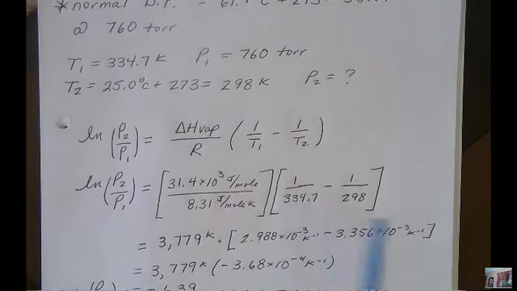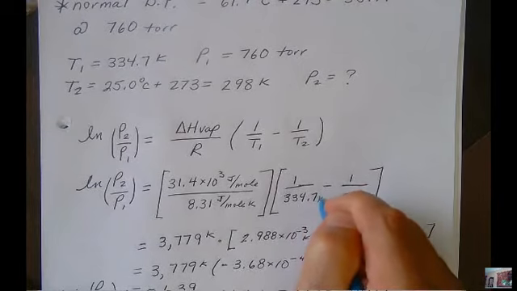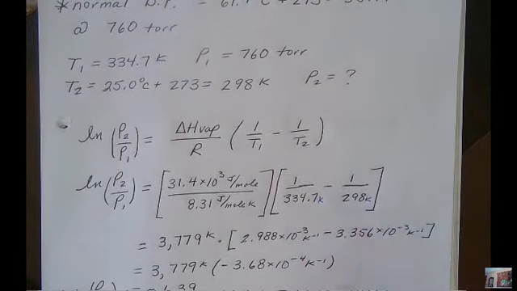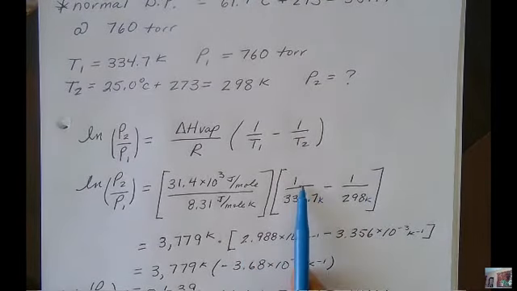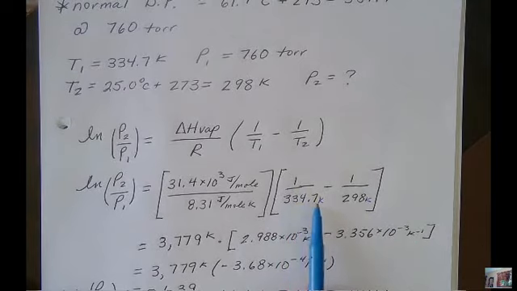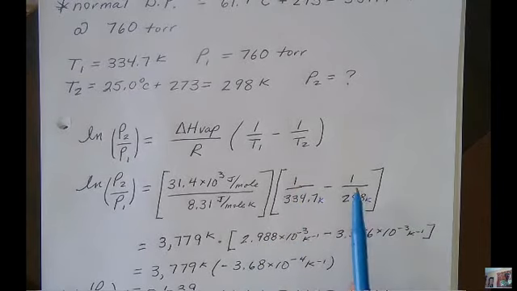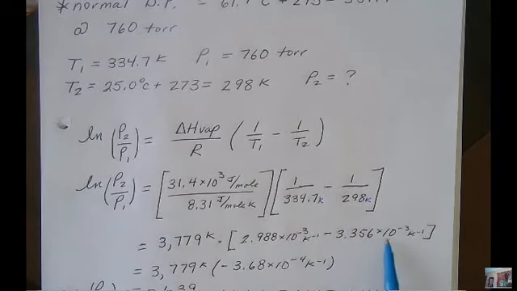These are all in Kelvin, right? So that makes them 1 over Kelvin, right? So this is, put in your calculator, 1 divided by 334.7 gives you 2.988 times 10 to the minus 3, Kelvin to the minus 1. This one, flip it over, 3.356 times 10 to the minus third Kelvin. Subtract this from this. The second number is bigger than